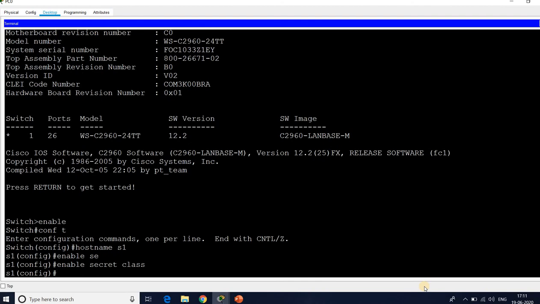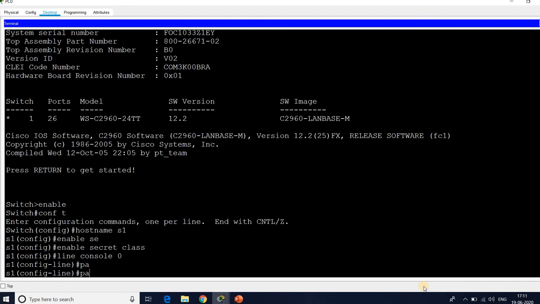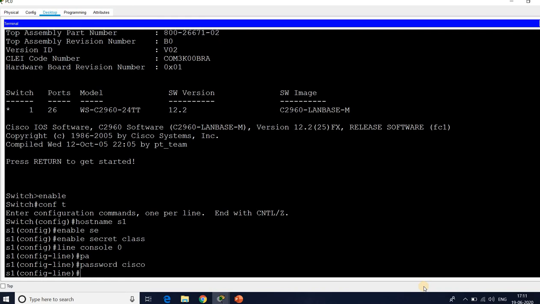And I want to secure user executive mode. The command is line console 0. I want to give the password, so I can give Cisco. Any password you can give, but remember it.